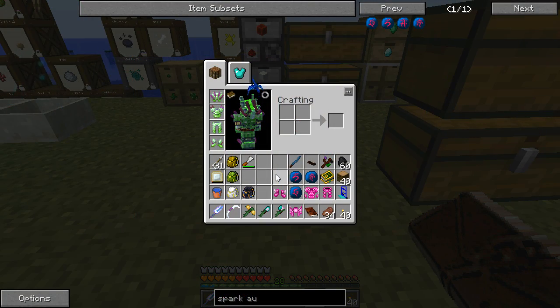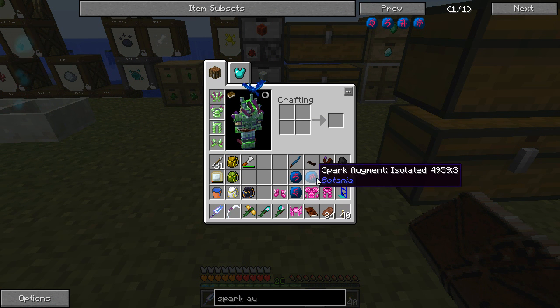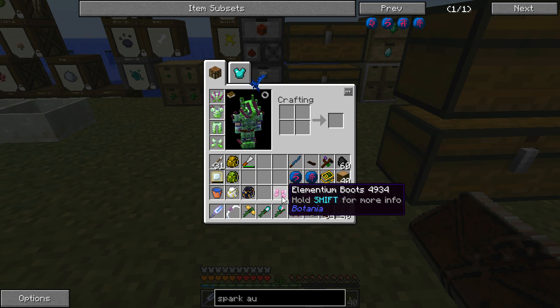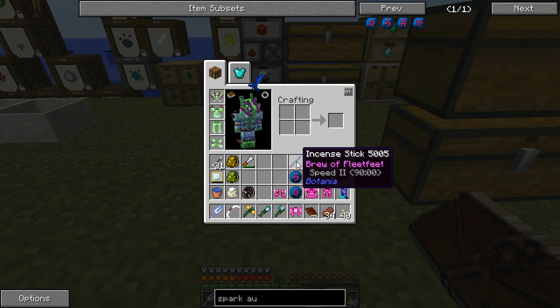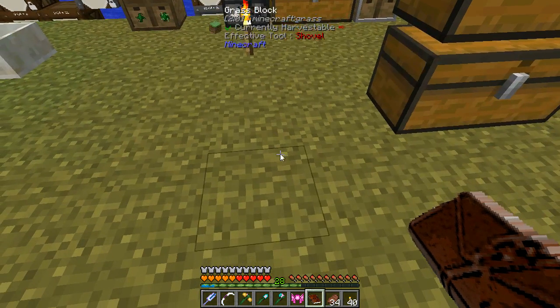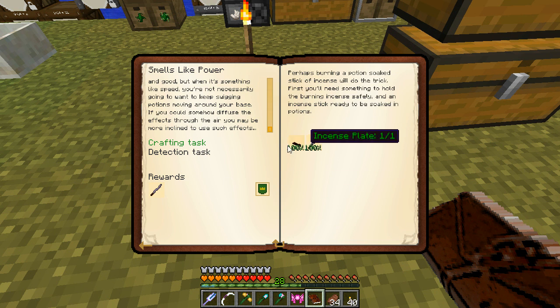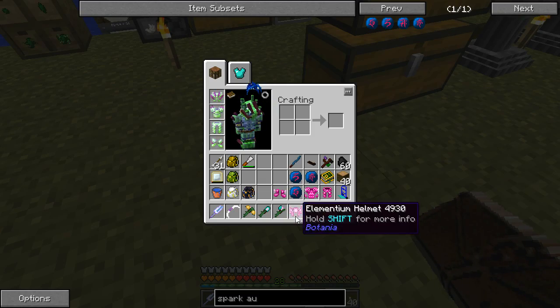And welcome back! As you can see, I have created all of the things. I've created the 3 more augments that I needed to create. I've created the Elementium armor that I wanted to create, or that I didn't want to create, actually. And the incense stick and incense plate. And I had to brew something onto the incense stick, so I brewed speed 2. Now, for that, it looks like I have to manually detect that task. I guess I need to do the green one, so I'll do that here in just a second,